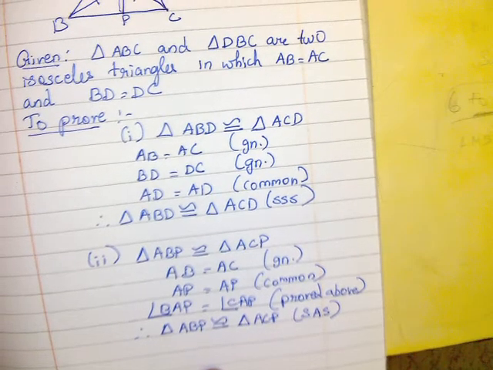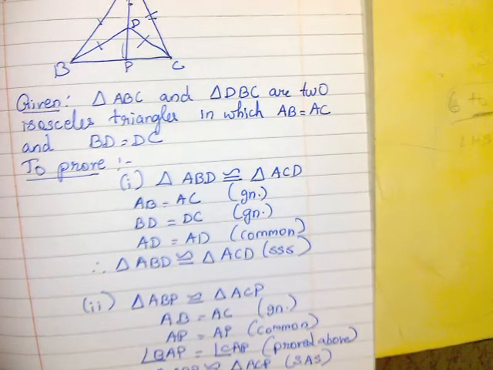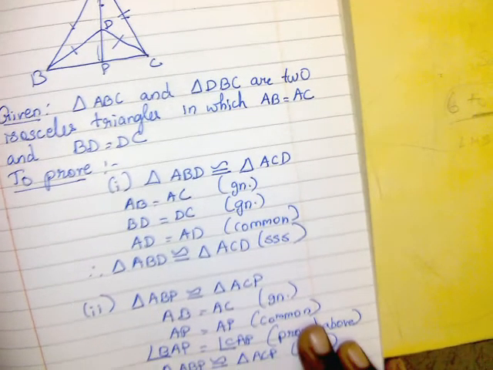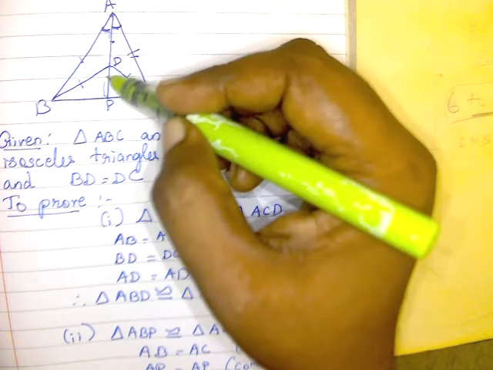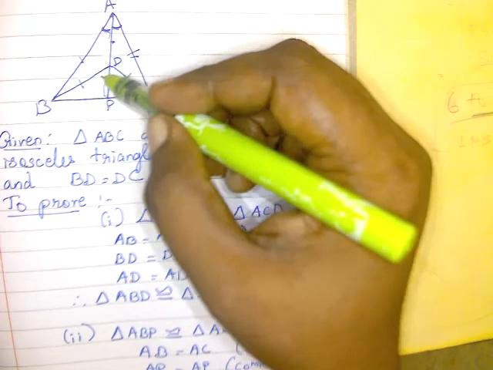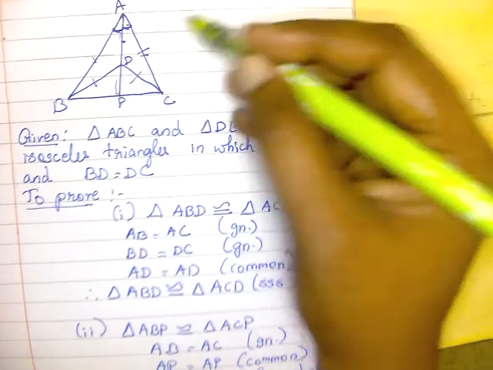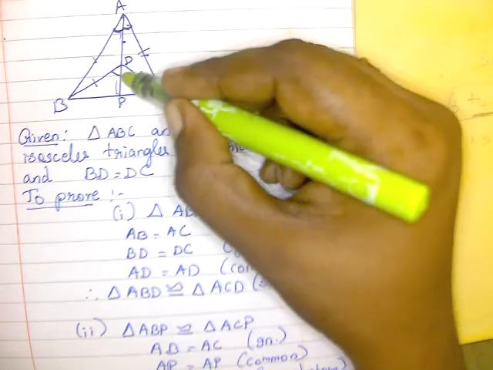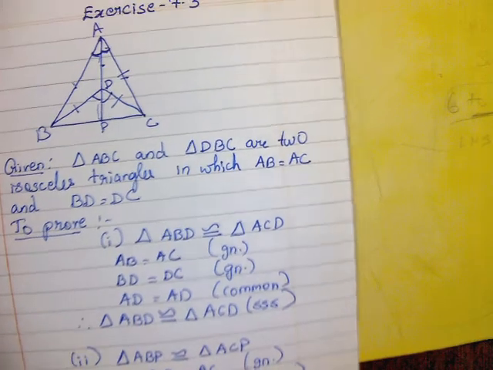Okay, right? Now, what is the next one? So, two we proved now. The third one is: AP bisects angle A as well as angle D. Bisecting means, listen carefully, if it is bisecting here, these two angles are equal, we have to prove. Same like that, next for the bisecting angle, these two angles we have to prove. First we have to prove these two angles, that we already proved by CPCT. Now you have to prove these two angles also equal. Understood or not? That only we are going to do now. So now the third one. Okay, right? We are going to learn the third one. Listen carefully.